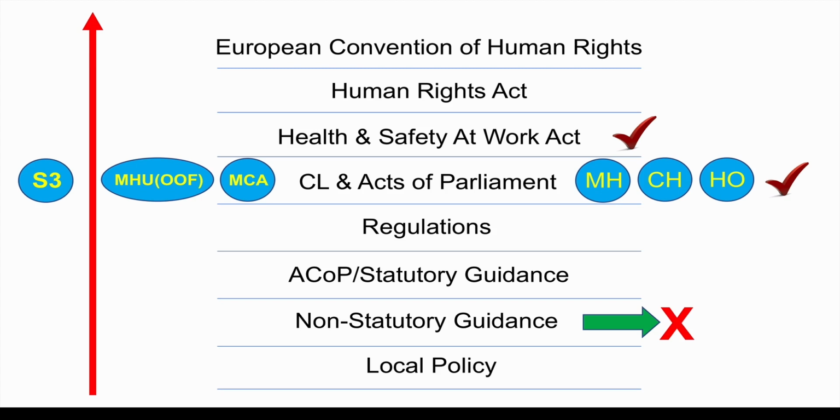So from a health and safety point of view, let's say it's stopping staff and that service user or patient suffering serious injury, potentially death. That would override non-statutory guidance. And if it was preventing death, then it's consistent with Article 2.1 of the Human Rights Act. And Article 2.1 of the Human Rights Act is really important because that is a piece of legislation that says